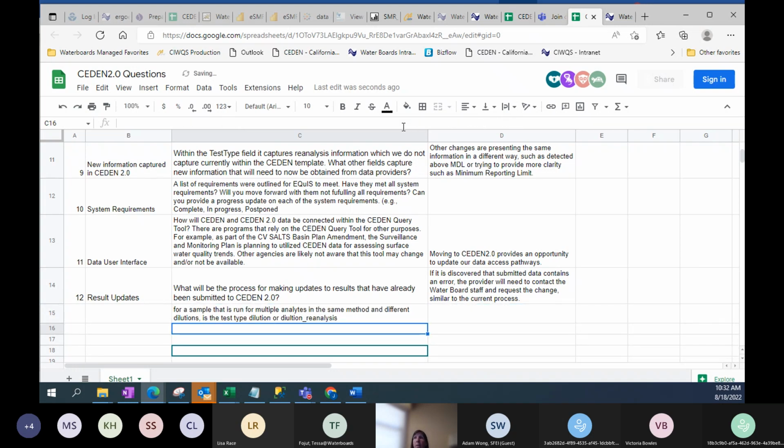Okay. Adam, your hand's up. Yeah, I was just trying to say, I think everyone's on the same page that it's just one record. And I feel like the way you've written this up, it's complicating it a little bit more than it needs to be. If a single result is both a dilution and a reanalysis, it doesn't matter about the multiple analytes, same method, different dilutions. It's just, if any one record,